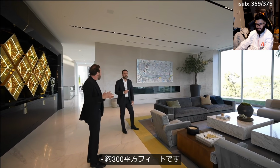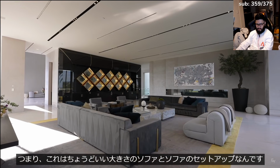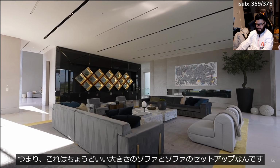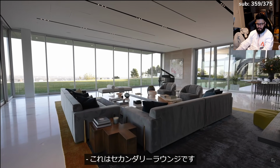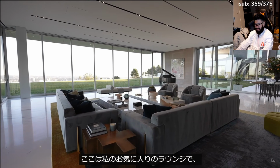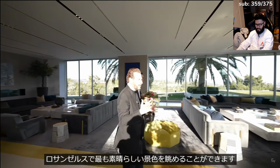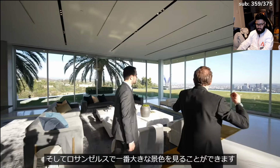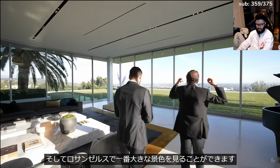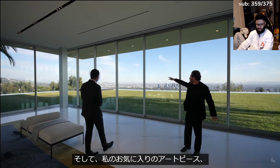I think this is about 3,000 square feet. That's incredible. I mean, these are good sized couches and sofa setup, and it's insane. And you have another one over there. この空間だけで俺んちの7倍あるわ。 This is my favorite lounge because this is where you have the most explosive views in Los Angeles. イーロン・マスクとかの家と同じ感じやろな。 You have the grand piano, oversized, and then you have the biggest views in all of Los Angeles. This is the king of the hair, and it has one of my favorite art pieces, which